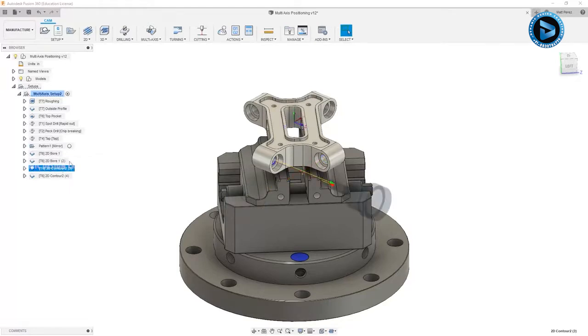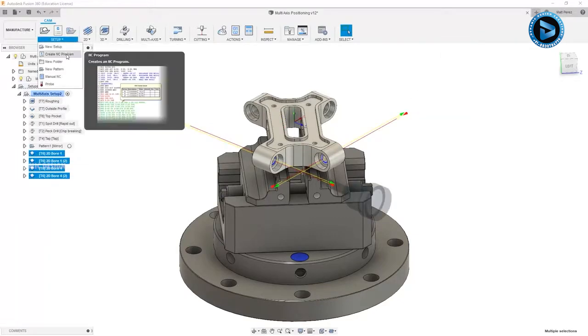If we use the same nomenclature we did when drilling, we went 1, 2, 3, 4 around that direction, going counterclockwise. So this one is going to be our 2D bore 4. And then this one here we'll rename to be 2D bore 4 parentheses 2. So now that we have those four renamed, I'm going to select them, go to Setup, and create a new